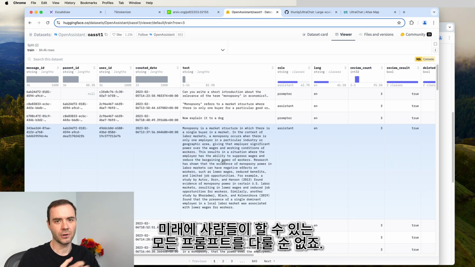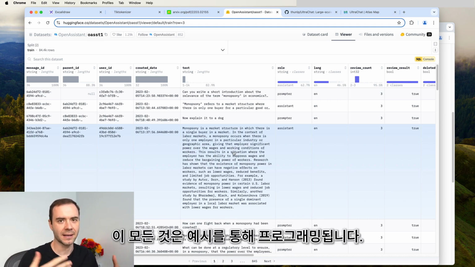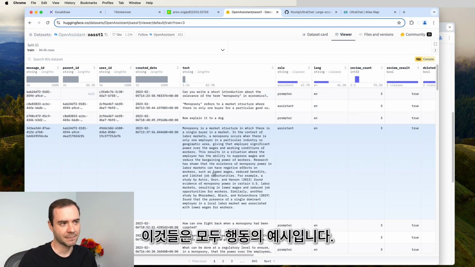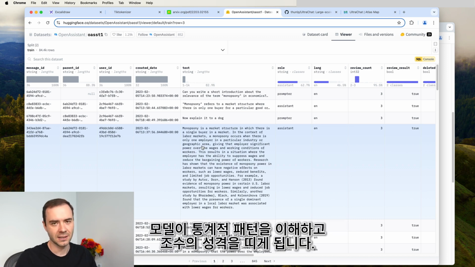We can't possibly cover all the possible prompts that people are going to be asking in the future. But if we have a data set of a few of these examples, then the model during training will start to take on this persona of this helpful, truthful, harmless assistant. And it's all programmed by example. And so these are all examples of behavior. And if you have conversations of these example behaviors, and you have enough of them, like 100,000, and you train on it, the model sort of starts to understand the statistical pattern, and it kind of takes on this personality